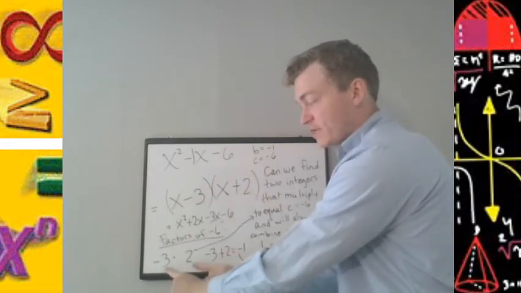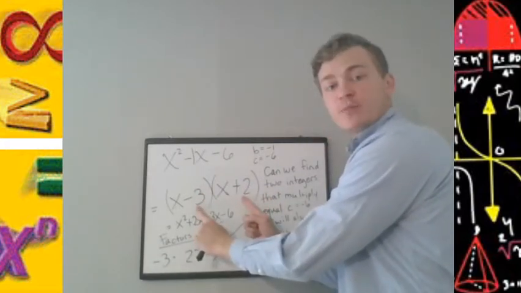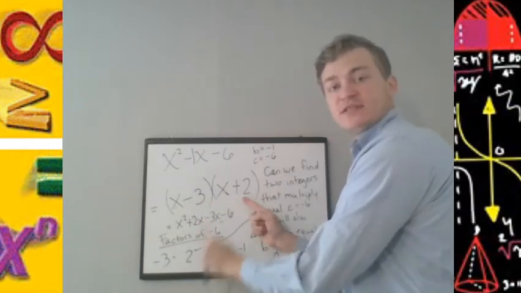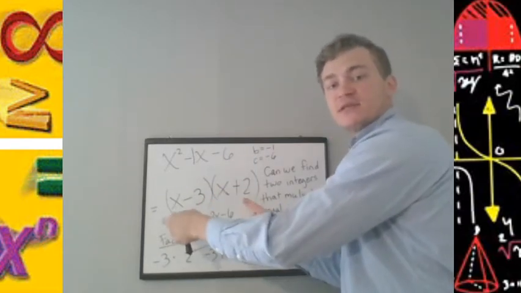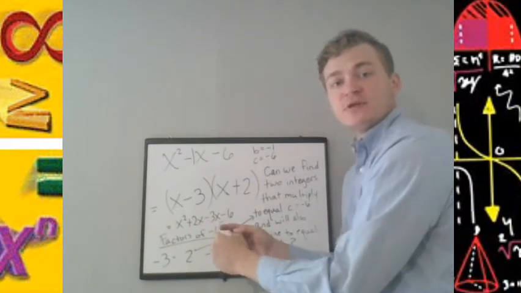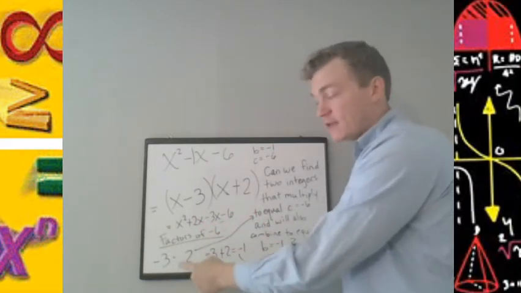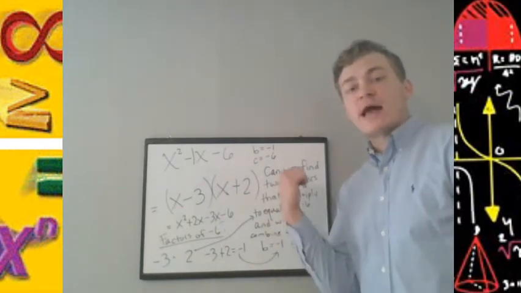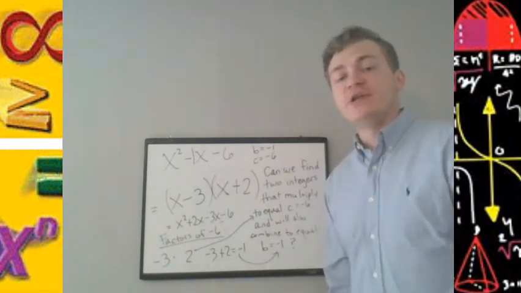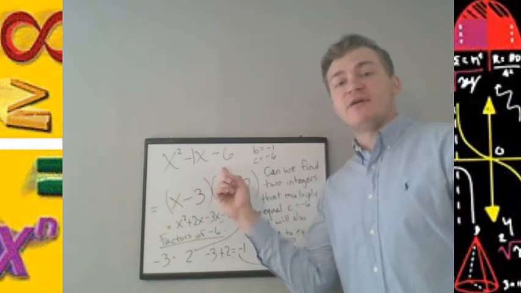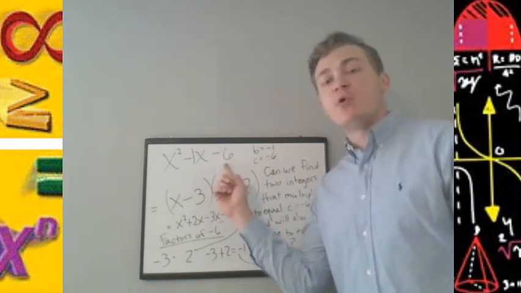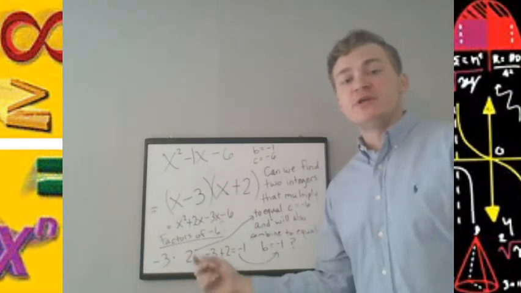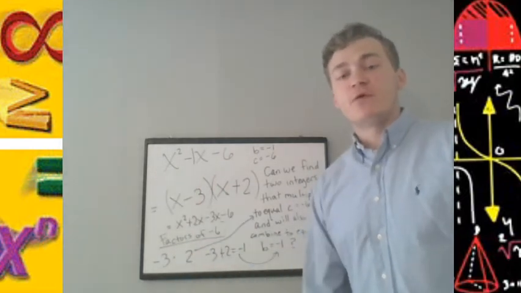These two values here, when we do the inner product, this negative 3 becomes negative 3x. This positive 2 becomes positive 2x. Combining the like terms through addition or subtraction, negative 3 plus 2 gives us that middle term, minus 1x. That's why we're asking this question here: find two integers that will multiply to give us this value, but at the same time will also combine to give us this value. If you can find those two integers, then for a trinomial of this form, you will